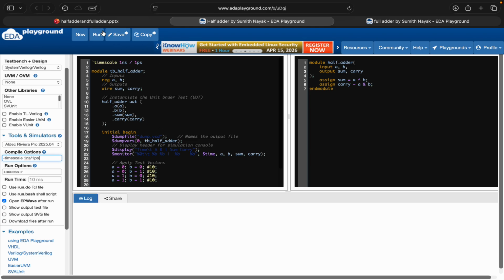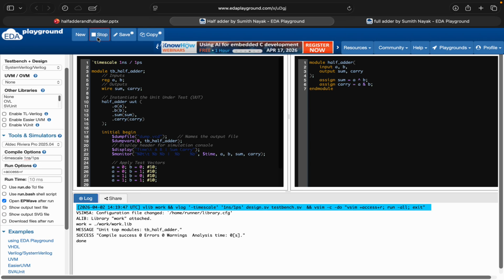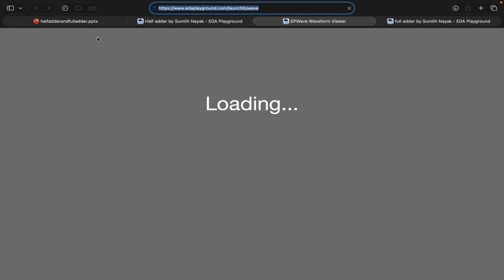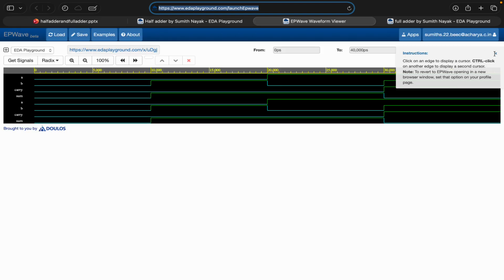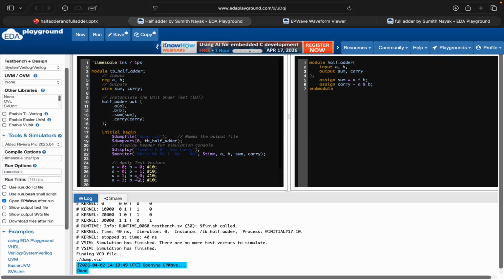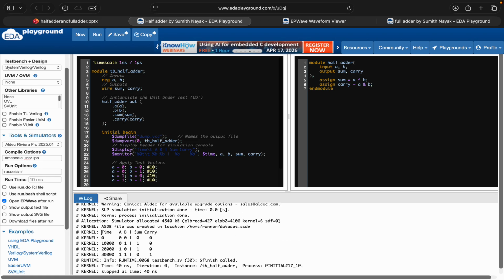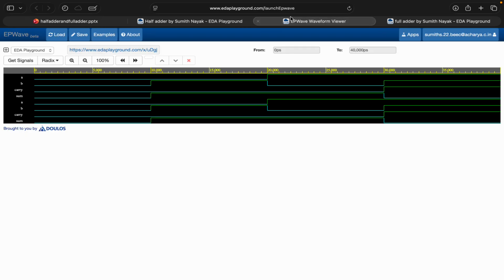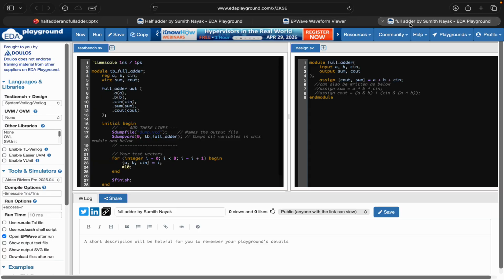Now this is my half adder. Once you have done all this, just need to run the code. The code has run successfully, and I have got my output. Here, you need to check the log file, and if you have got the output here, you can cross verify with your waveform. Similarly, for a full adder, I'm again going to save it,